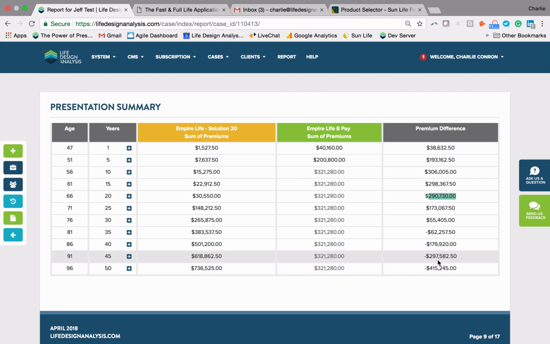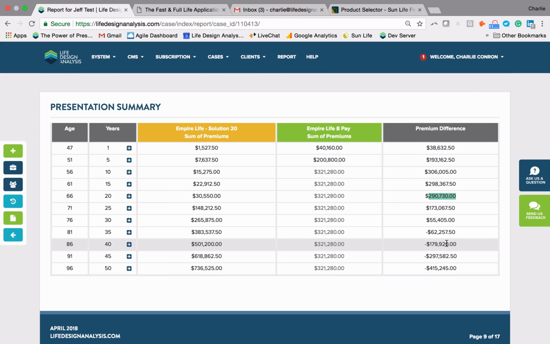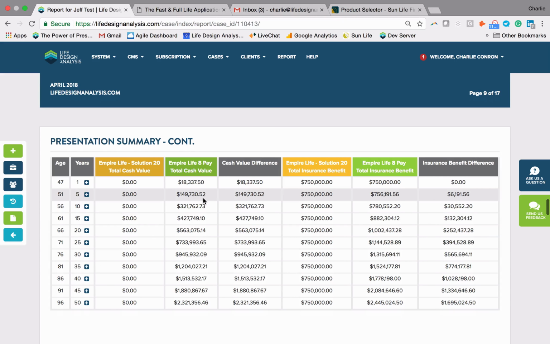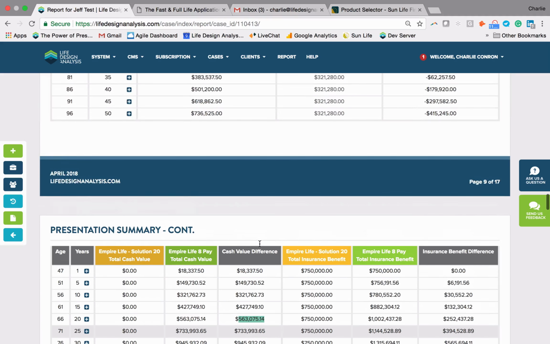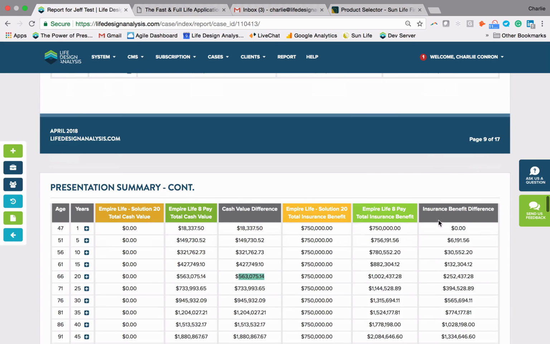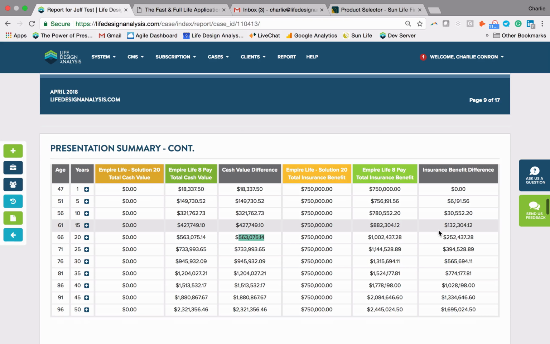Again, we know long-term we're getting less and less expensive as those premiums have stopped. Each day it's getting more and more affordable, more and more competitive. But I always say in the 20th year, look at that premium deposit difference. So we've paid roughly $300,000 more. And if we scroll down to year 20 here in the cash value, you can see we've got $563,000. So would you not? I think almost anyone would pay $290 for $563 as long as they had access to